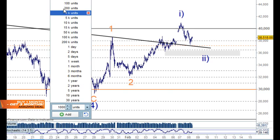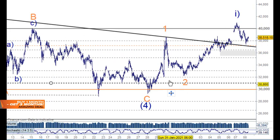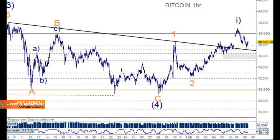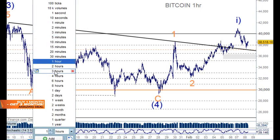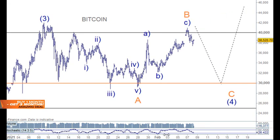The other thing here that we need to note is that this pattern, this whole wave 4, could be another pattern. So that's also possible as well. If we were looking at it another way, we could look at it like this. So it's just something that we have to work through, unfortunately, with wave 3 over here, an A wave here, and an A and a B and a C wave up here for wave B, and then 5 waves down for wave C here. It's kind of nice if that would happen, because it'll just give us another opportunity to continue to